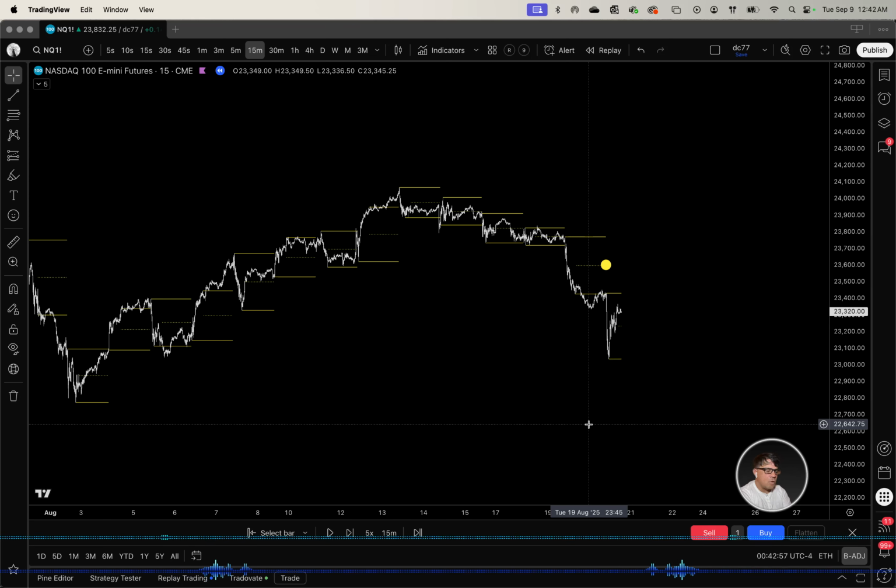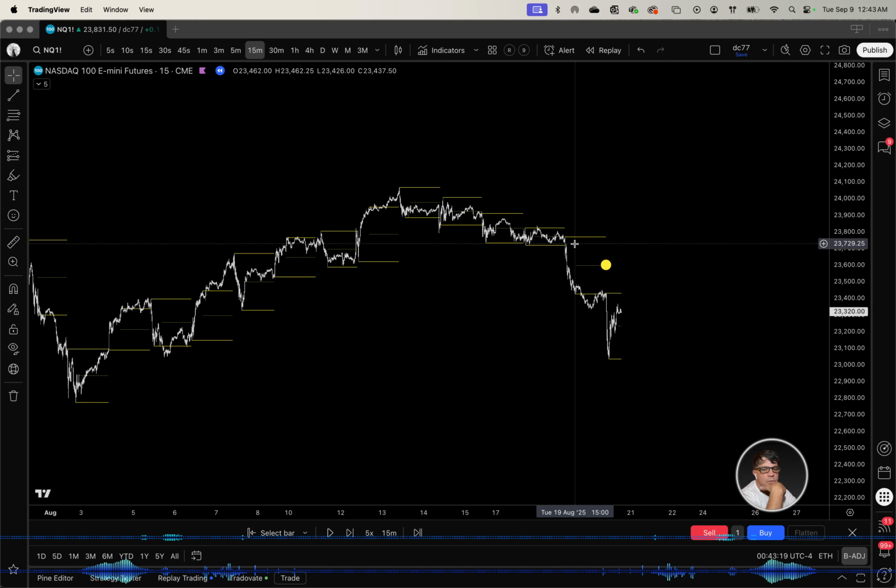Look for the EQs. Look for the high, low, EQ sequence. There's a lot of sequences that happen. You'll break the low and then you'll go back to EQ. If you're an Asia trader, London trader, you're going to be seeing these levels. You need these levels on your chart.